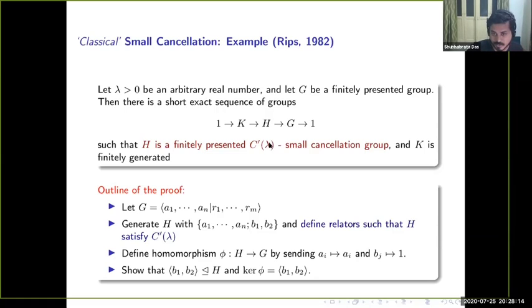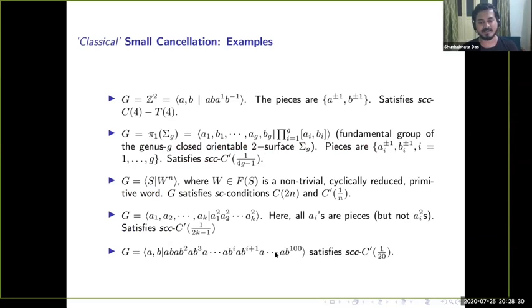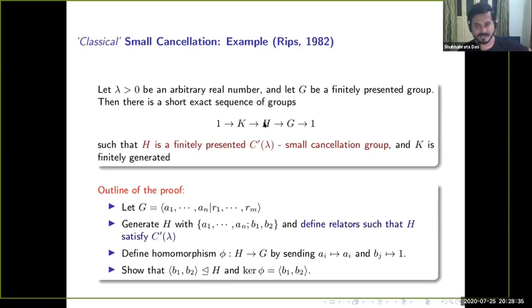And not only that, you also have control over the small cancellation coefficient. So you can also choose that. The details of the proof would tell you that you have a control. You can simply use words like this to construct such presentations, so that it satisfies a small cancellation condition like C prime lambda. How do we get that kind of a group? The outline of the proof: